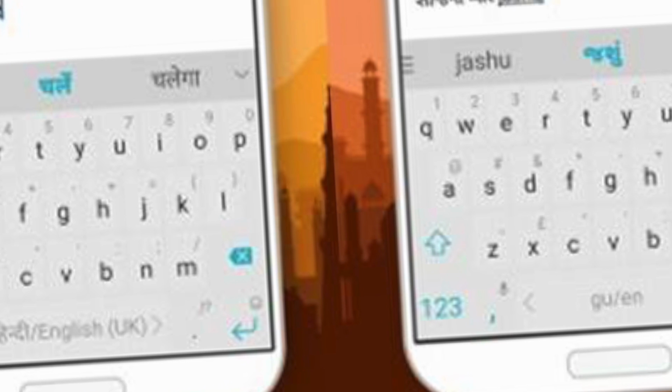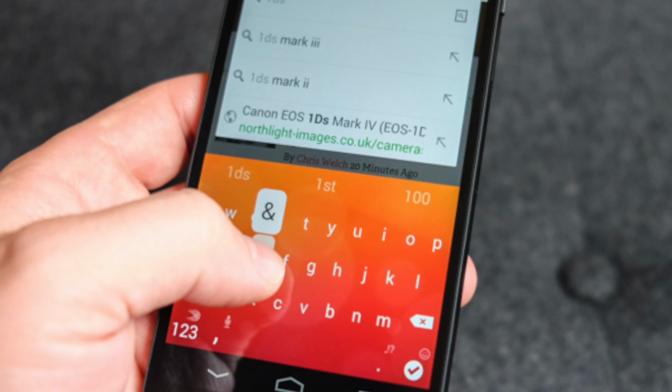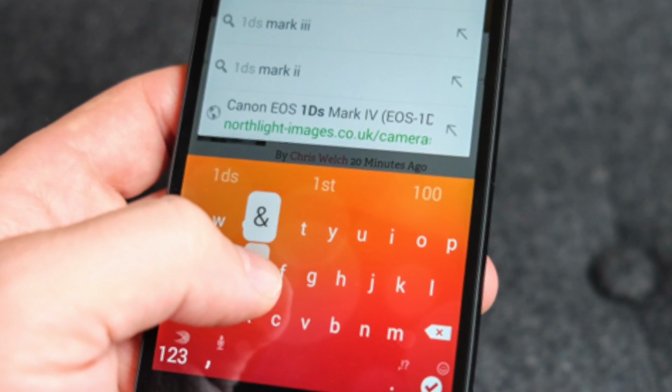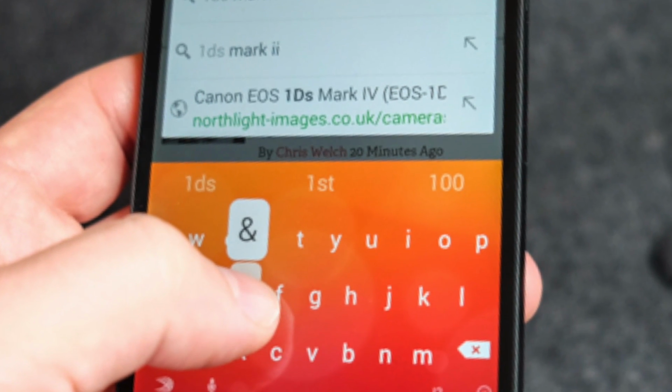So as of now, the application supports only two languages other than English. That is obviously English, Hindi, and it will be converted into Hindi and Gujarati. So these are two translations as of now that we have right now. But again, when you talk about the other competitions, there's another keyboard from Google which actually translates it even better. It can translate to about 11 languages. So when you compare it to that, it still falls short of it. But then again, it's a good place to start. So probably the company will be doing it better in hopefully the future updates. So that's what we have right now.